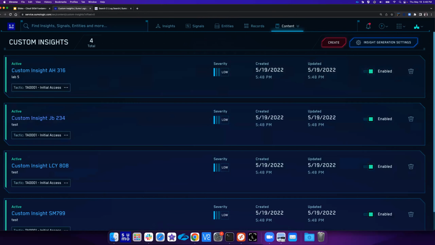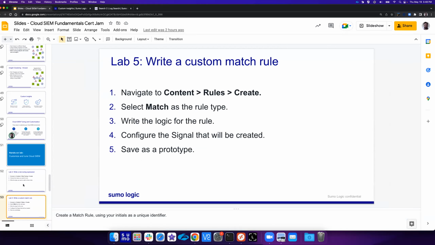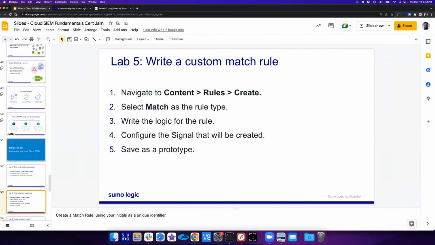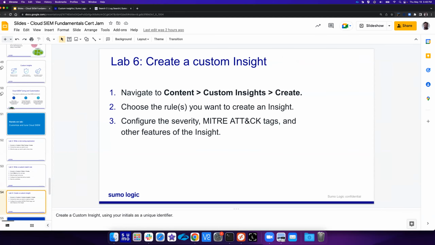All right, cool. Let me go back to my slides, but I think, keeping us honest, that concludes content. So we did the labs, we did the rotating expression, we did the custom match rule, and we did the custom insight. So certainly any questions, go ahead and ask, but